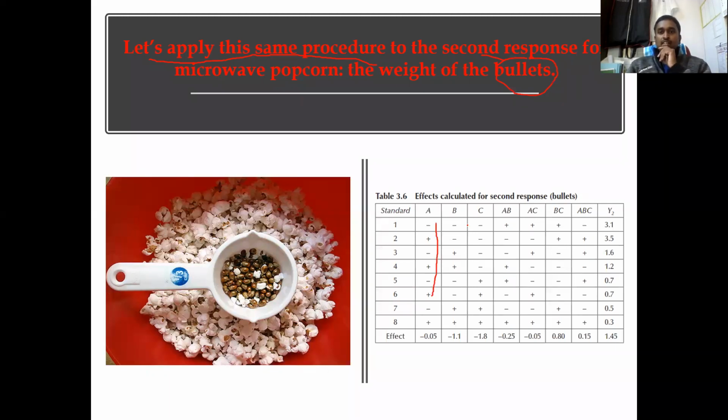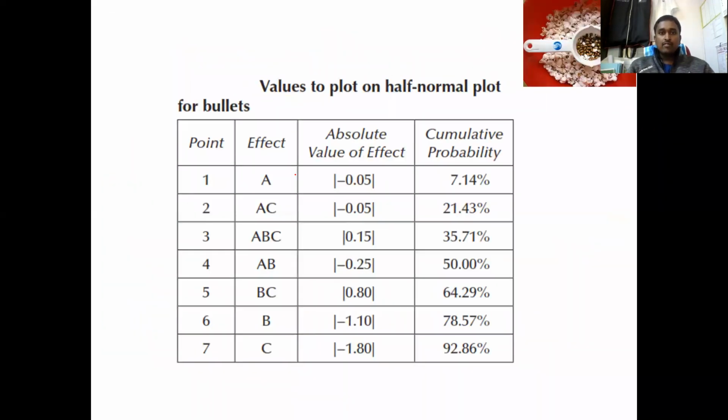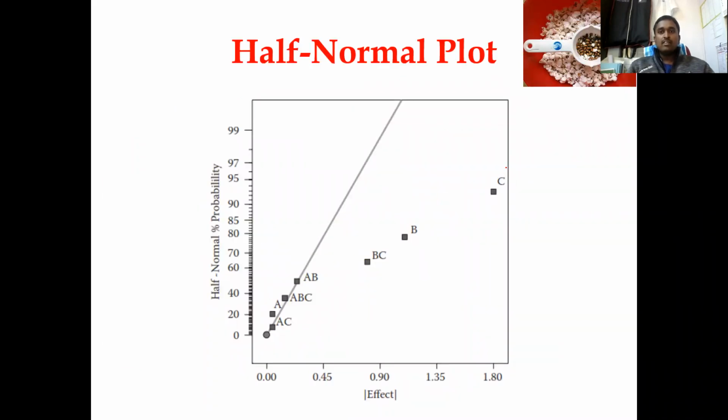So once again, coded values. They collected the taste y2 by weighing how many grams or ounces of bullets they have collected, and they also found out the overall effect for each. They have made it into ascending order, like what we did before for the half normality plot, and once again they got a shocking result. You can see B, C and BC only once again are the culprits which are significantly influencing the bullets also, like how they influenced the taste.